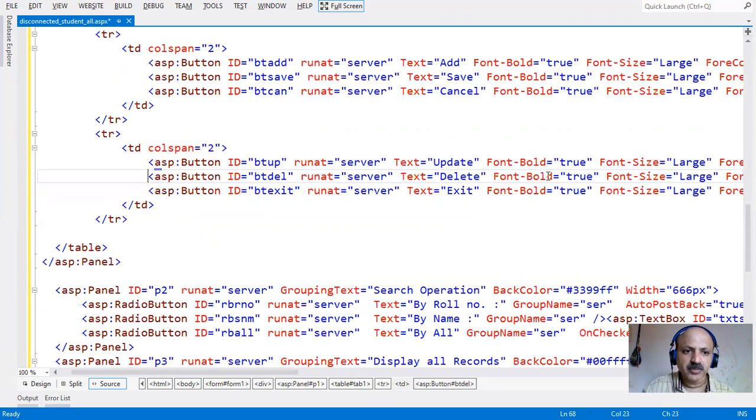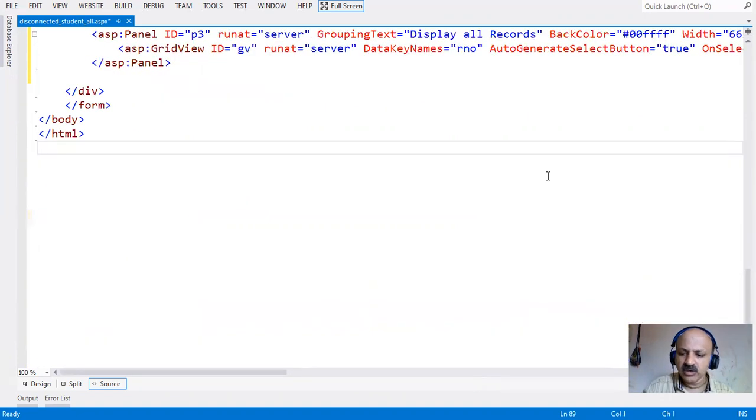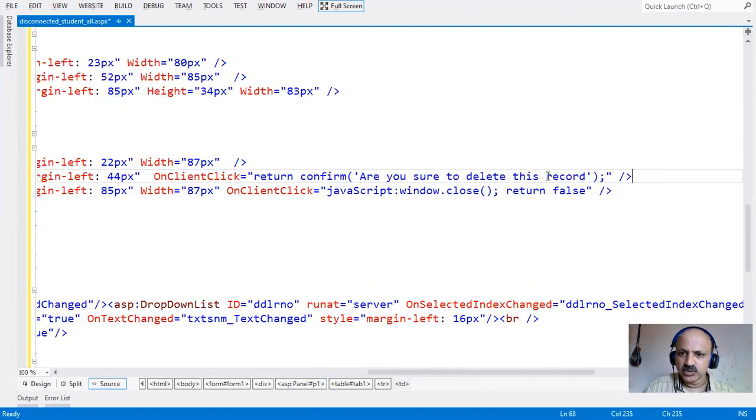That is the delete operation, so we use OnClientClick. After the parentheses, we provide the semicolon. Confirm is a dialog box, so OK and Cancel buttons appear automatically. If we press OK, the record is deleted, otherwise it is not deleted if we press Cancel.